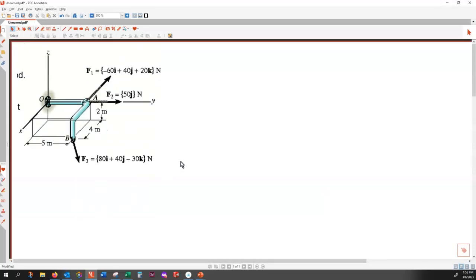All right. Rotational effect with respect to O. That is M1 plus M2 plus M3. Okay. What is M1? M1, I can do this